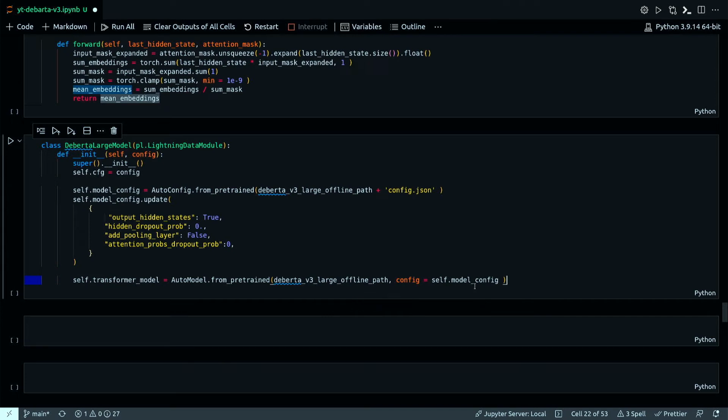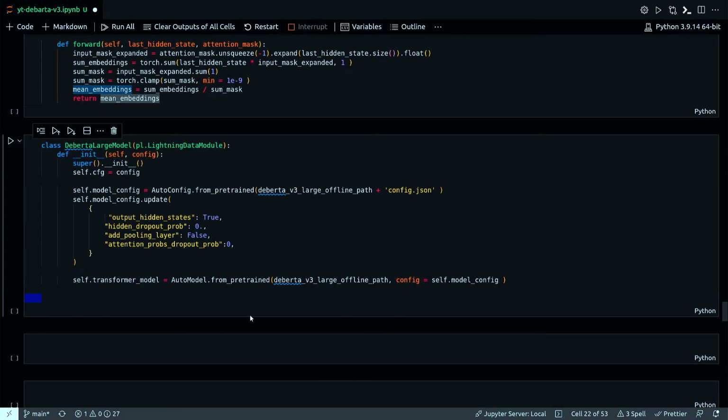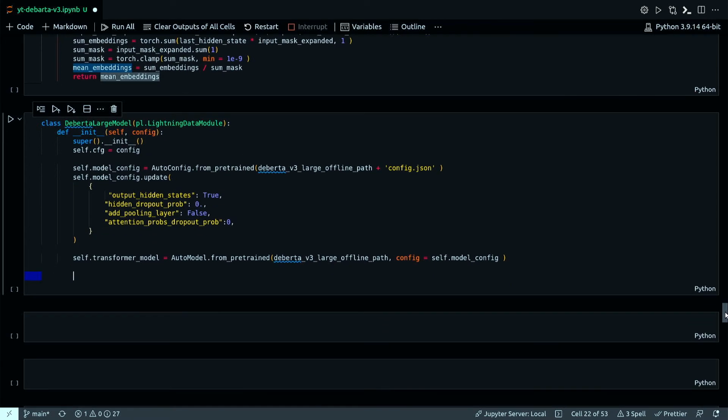We have already defined this model config right here. Because I'm using this notebook in Kaggle without internet, I have to pass a local path to this Deberta model. And also for this config, I'm passing this local config.json file.